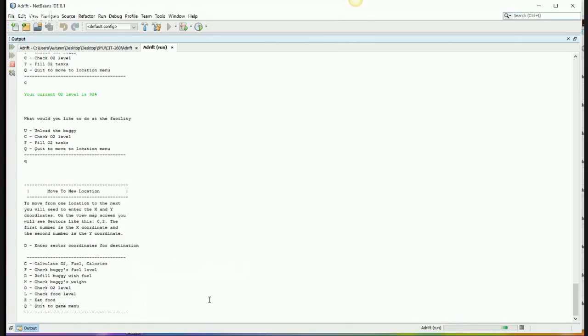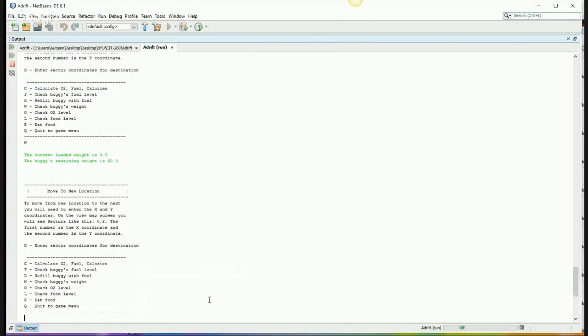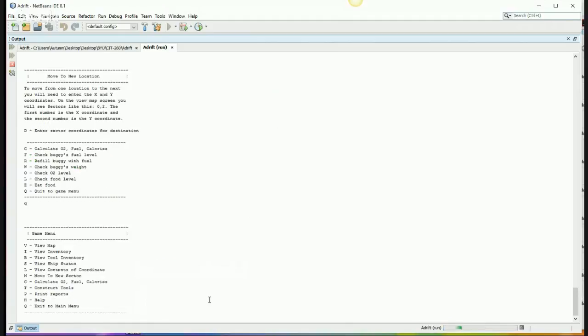Now, for instance, let's check the buggy's weight. The current loaded weight is 0. The buggy's remaining weight is 60. So when we start loading the buggy, the max weight is 60. Okay, let us quit and let us now try the